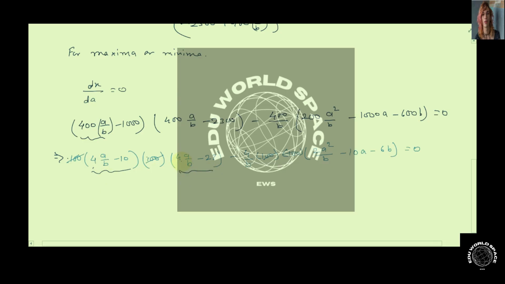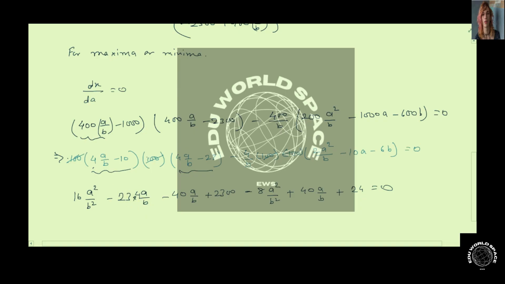First term will be 4a by b multiplied by 4a by b, this is 16a square upon b square, minus 23 multiplied by a upon b multiplied by 4a upon b, and the second term will be minus 40a upon b, and this will be plus 2300, and here this will be minus 8a square upon b square, the second term will be plus 40a upon b, and this term will be plus 24, and since b and b will cancel out,